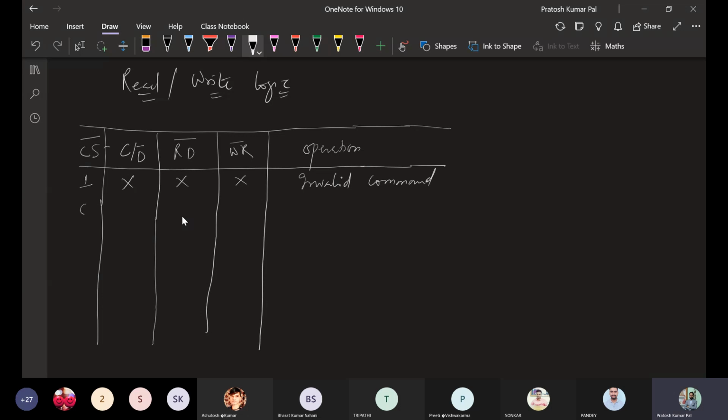Whenever the CS pin is low, only then will these control bits operate. When CS is low and C/D bar is also 0, that means data related work is going to be performed. If read is 0 and write is 1, that means a read needs to be performed. So the data related operation is performed, and read is activated.